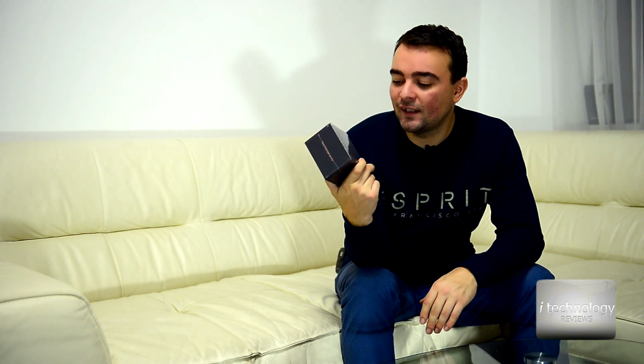Better than this, you can buy an optional support for the windshield that has an integrated GPS accessory that will help you and activate the ADAS functions, the lane departure and the collision warning system from the car in front of you. So this camera has a lot to offer. Let's make an unboxing, let's see what comes with this camera, and let's see some footage in the day and in the night. So this is the box